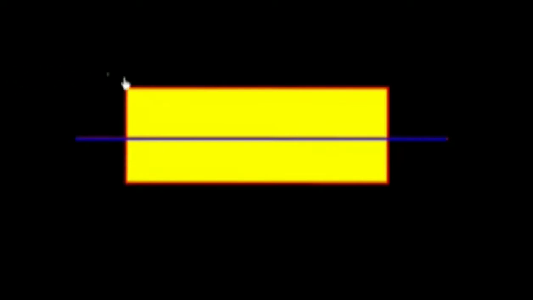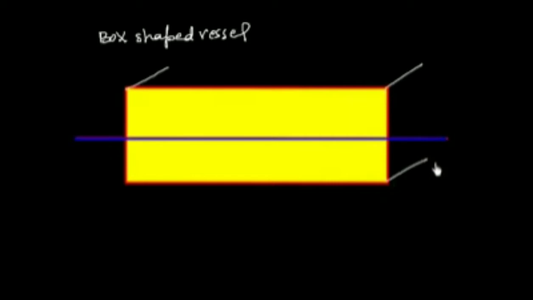Now let us consider this example of a box-shaped vessel. Well, this is a rectangular shaped vessel like this, and it's floating with some water line here. This is the water line. Now just let me remove these marks. If she has to trim, then we have to investigate how she is going to trim. So maybe this side, maybe this way.